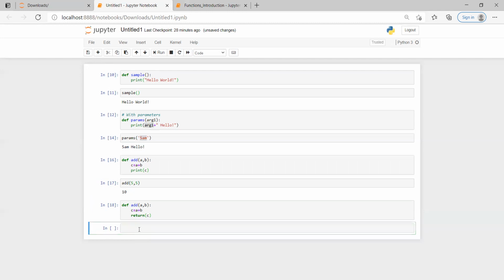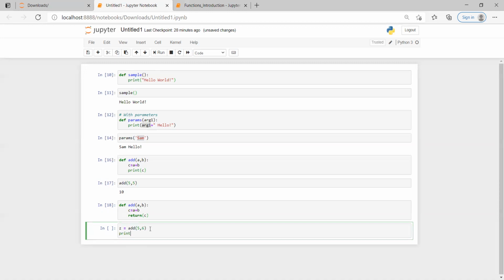So what am I doing? I'll take a separate variable z, z is equal to add of 5, 6, and then print z. See how it works.